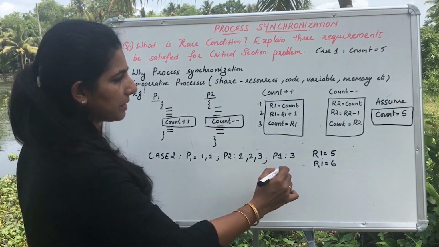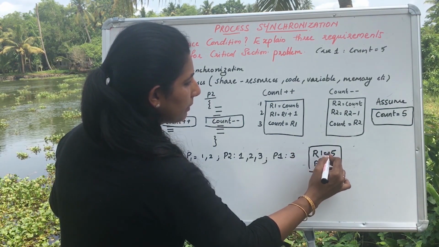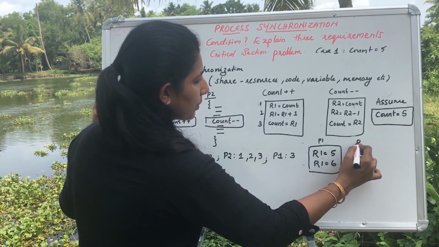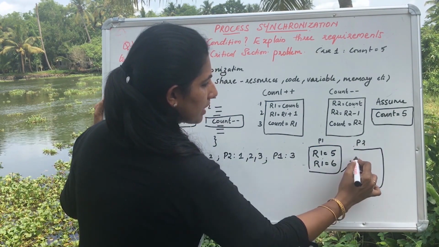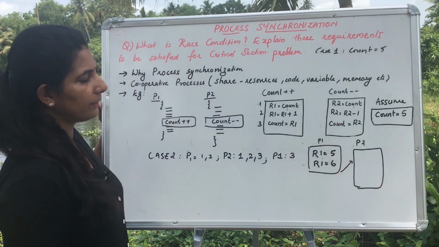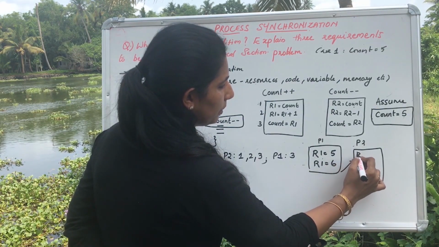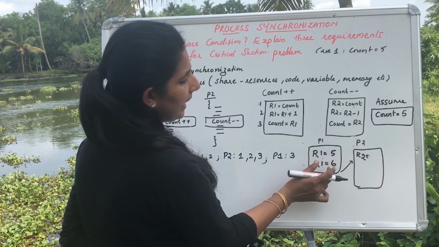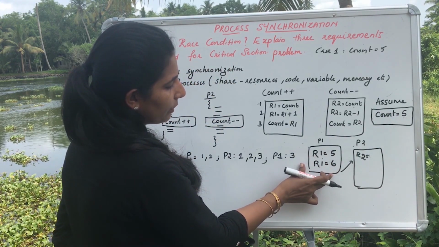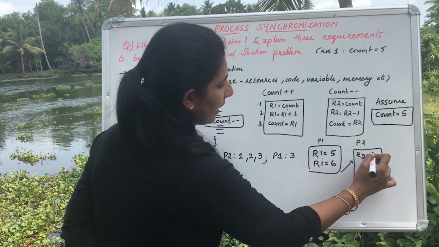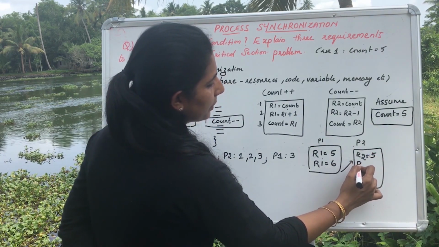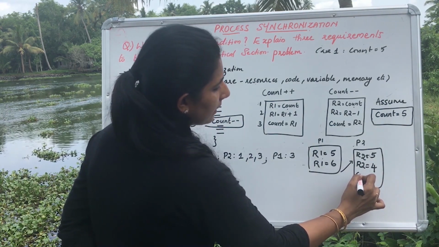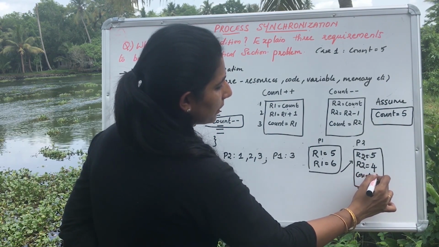Now we preempt, and from here we jump to, this was process P1 part, and then we jump to process P2 and continue with process P2. Now what are the values we have? R2 is equal to count, where I have not taken any value of count updation over here. So R2 is 5 itself, and R2 is decremented by 1. So R2 becomes 4 and count becomes R2, that is 4.